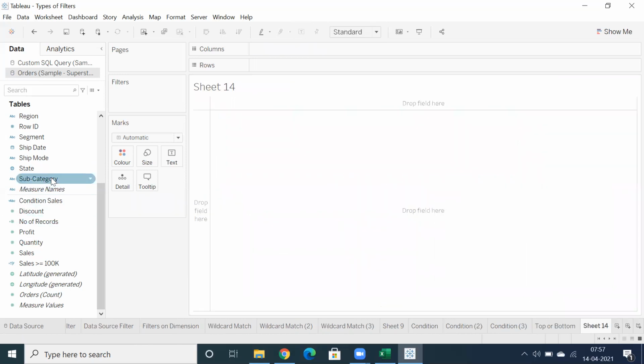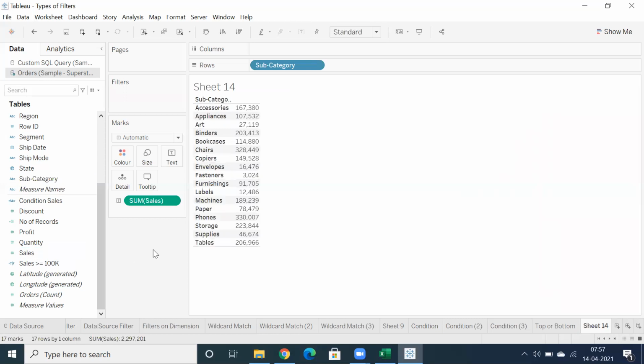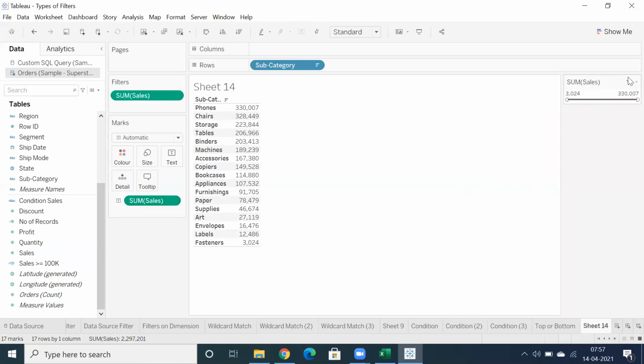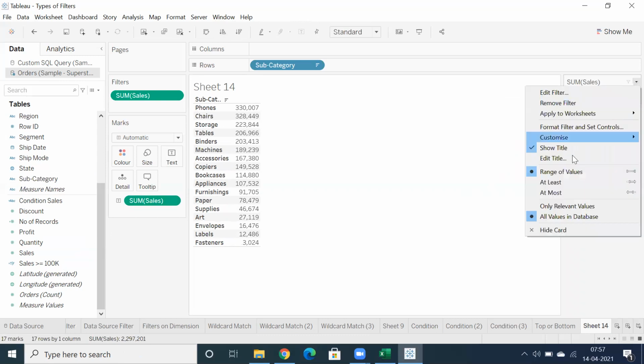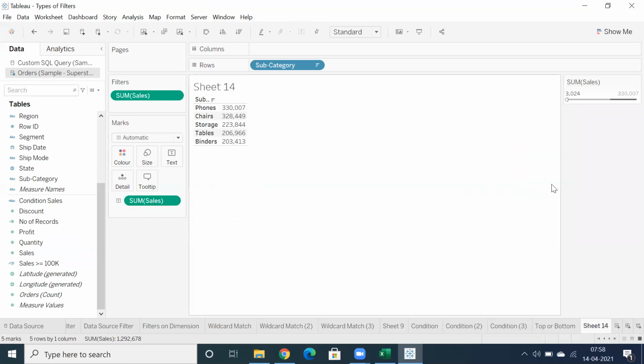So I have subcategory wise sales. Okay, so let me sort it out and just click on this drop down, show filter. So we have this range of values. Okay, let's select at least one, at least.